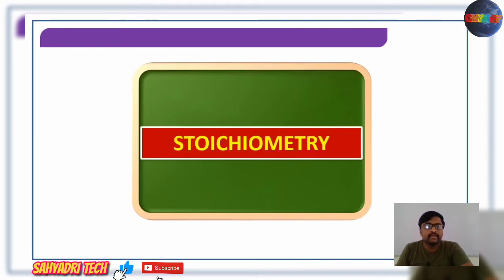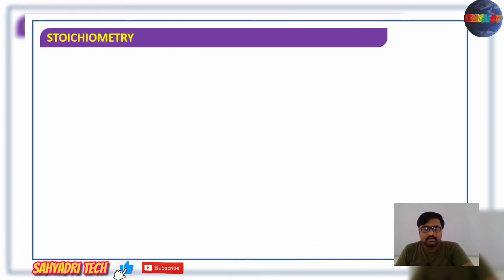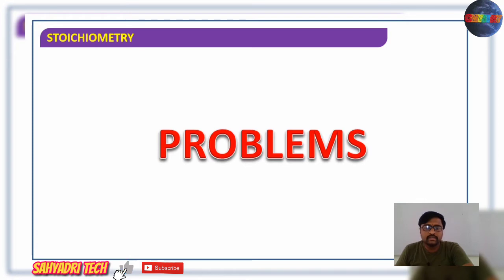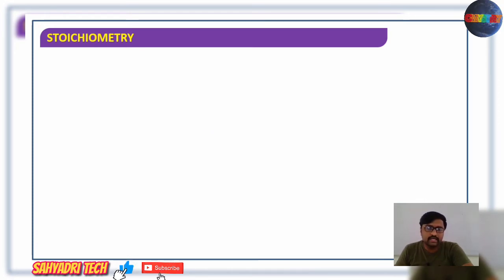So in the last session we started discussing numericals on the concept of percentage composition. Thereafter we started discussing empirical and molecular formula, and I explained the determination of empirical as well as molecular formula, and we discussed a few problems on that concept. In this session also we are going to concentrate on the numerical part, which is very important. Again, we are going to deal with some more numerical problems related to empirical as well as molecular formula.